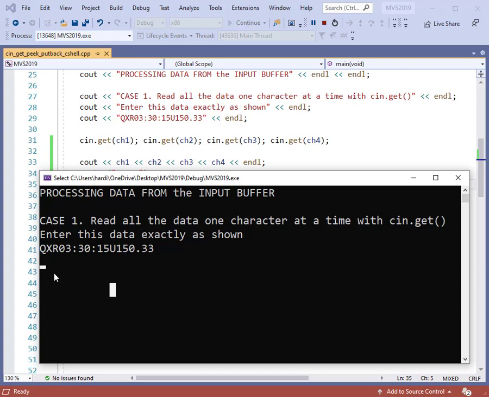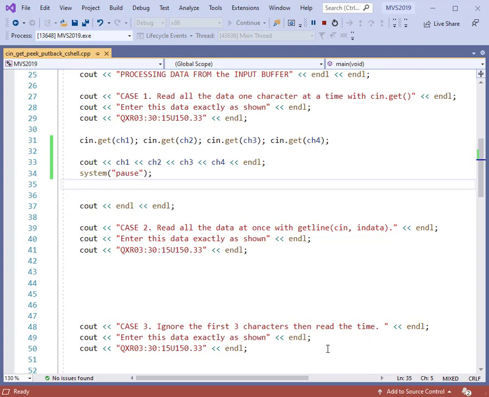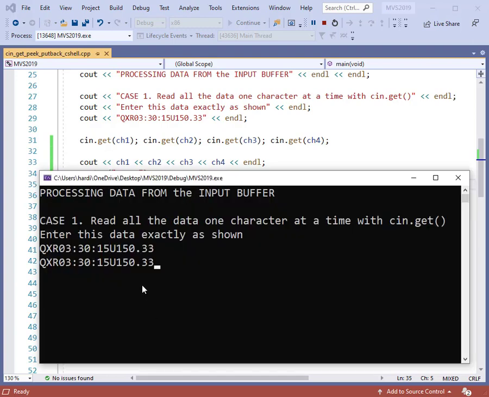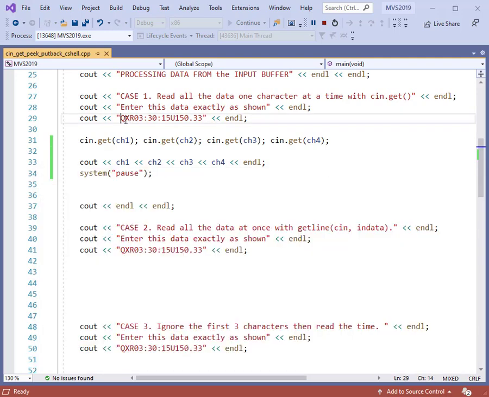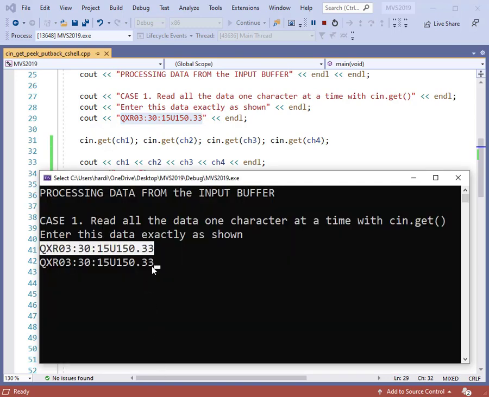I'm just going to go ahead and type it all in, and I'll pause the program while I'm doing that. So now I've typed in the data exactly as shown up here. That is telling us how to type it in, and that comes from this line. So I'm going to follow my instructions, and I'll type it in exactly the same way. So I'll hit enter,